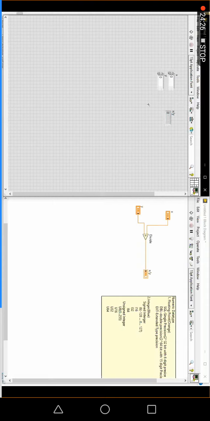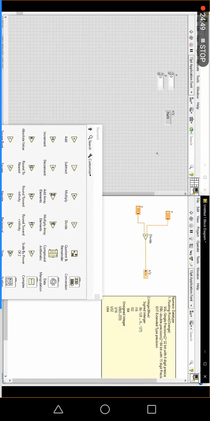Now tell me, what is the output result you will get when you are dividing 0 by 0? What is the answer you will get? Answer is 0? Any other answer? So let me run the VI and see what is happening. The output will be N, A, N. If you are dividing two numbers with DBL representation, the output of the divide function will be NaN. You will get not 0. You won't get the value 0. The answer will be NaN.